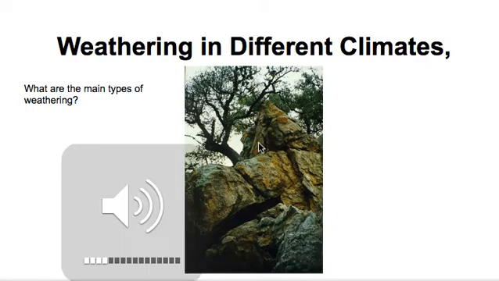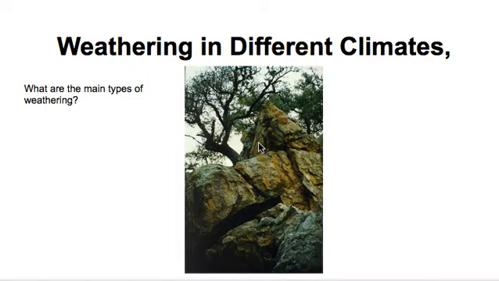Hi guys, today we are going to have a think about changing our climate in the area that we found our landform. So there are a couple of stages that you need to go through. First of all, you need to understand the formation of your feature. You also need to have a think what would be the dominant form of weathering. In this picture, we can see a very dominant form of weathering is likely to be biological weathering and chemical